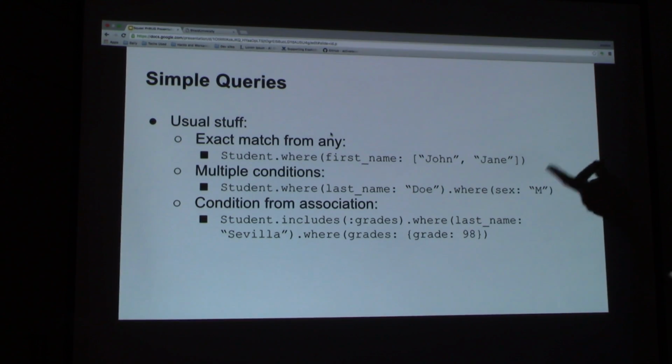And of course, conditions by association. For example, you have a student, and the student has grades. When you want to look for the students whose grades are, say, 98, you do an include or a join, and then you do a where, okay? So that's clear for everybody. However,